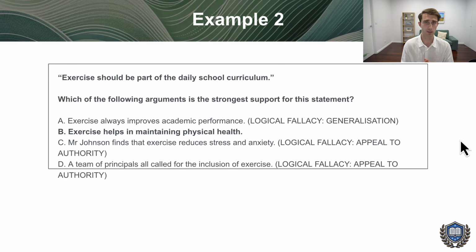So the logical fallacies we went through are just a few. There's more than 60. If you want to read a book on logical fallacies, a very good one is by Charlie Munger, and it's called Poor Charlie's Almanac. And it goes through about 60. He calls them cognitive biases rather than logical fallacies, but they're things that trick us, that trick our logic, that make us think less clearly, which is what these questions are looking for. So that's a good book if you want to go super deep into that area.